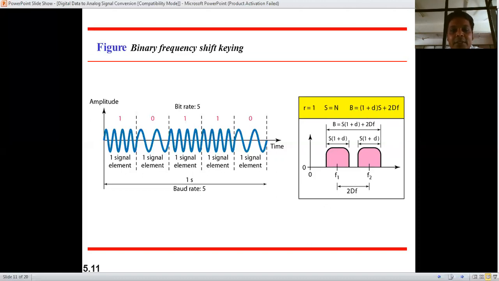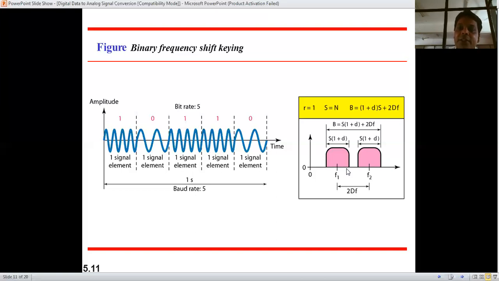It actually represents the difference between the carrier frequencies. As we have just seen, because of duplexing, we are dividing the available bandwidth into 2 channels. So again we calculate the bandwidth for each channel. The bandwidth that will get allocated for each channel will be half of the original bandwidth.